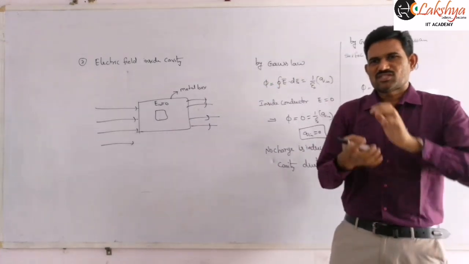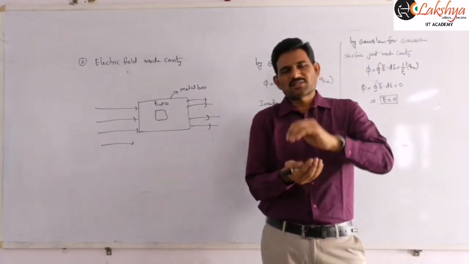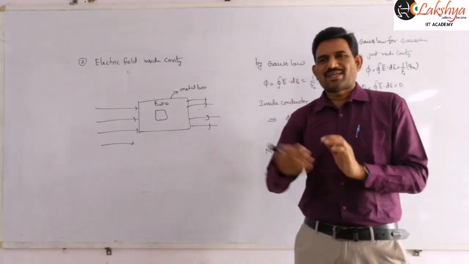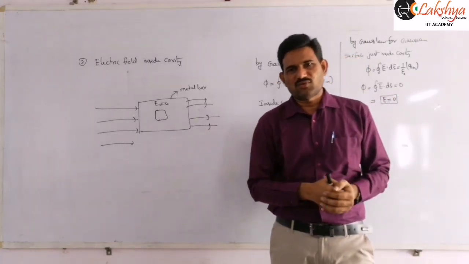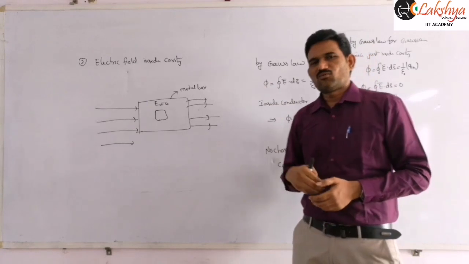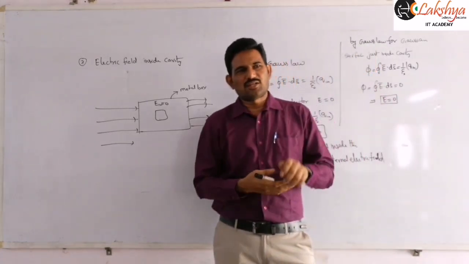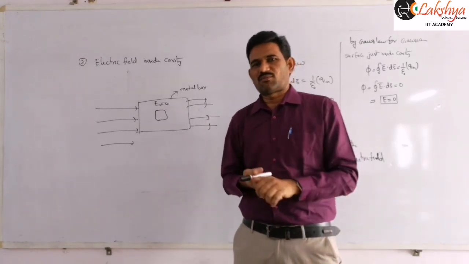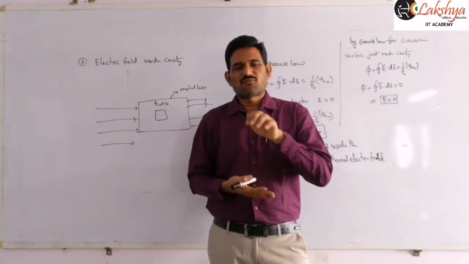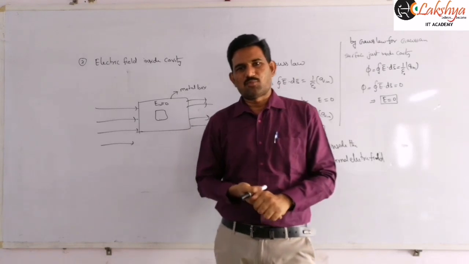Got it? Such devices can be placed inside metal boxes, so that an external field cannot affect them. In the beginning we discussed one example also. During the rainy season, if there is a thunderbolt while you are traveling in a car, where should we be to protect ourselves from that thunderbolt?